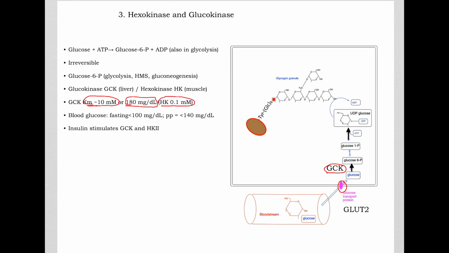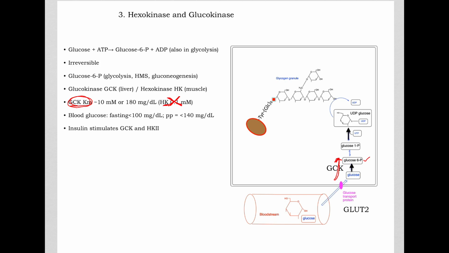Hexokinase has a much higher affinity. The Km is only about 0.1 millimolar. So although hexokinase has a higher affinity for glucose than glucokinase, the problem with hexokinase is that it can become saturated very fast. So it cannot handle large amounts of glucose. However, glucokinase doesn't become saturated easily, and that will cause a lot of glucose to be phosphorylated into glucose 6-phosphate without the